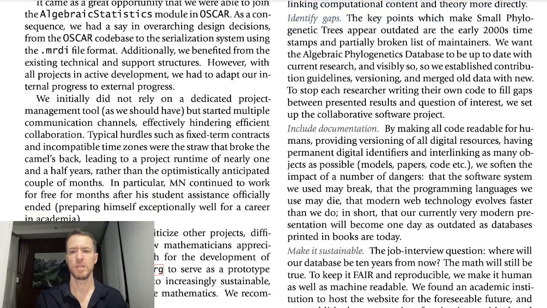Identify gaps. The key points which make small phylogenetic trees appear outdated are the early 2000s timestamps and partially broken list of maintainers. We want the algebraic phylogenetics database to be up to date with current research and visibly so, so we established contribution guidelines, versioning, and merged old data with new. This